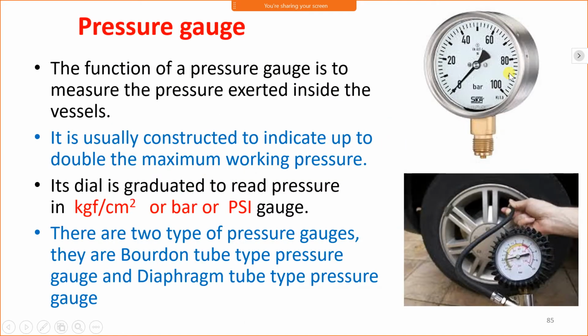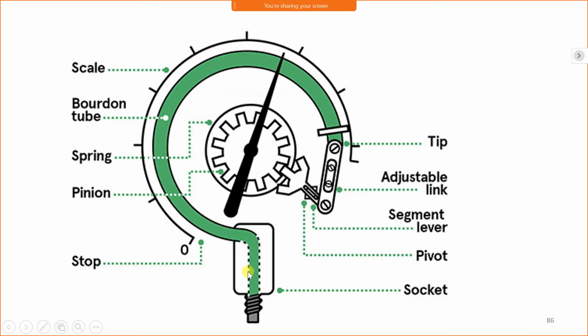Why is it called a calibrated scale? Because it has been checked and set for accurate reading. Therefore this is called a calibrated scale. Now this green pipe is a rubber tube inside which the fluid flows. One end of this pipe is called the Bourdon tube. Here it is shown in green color, but this is a rubber tube.